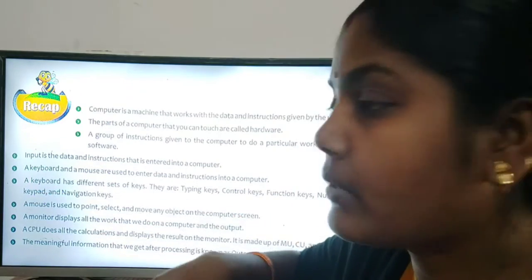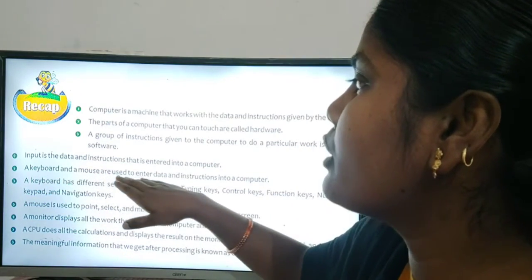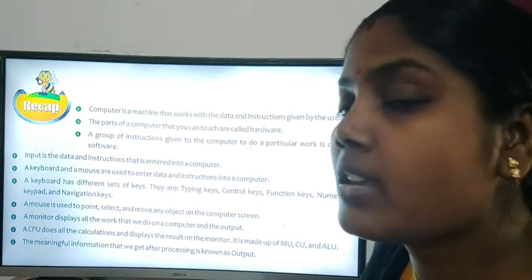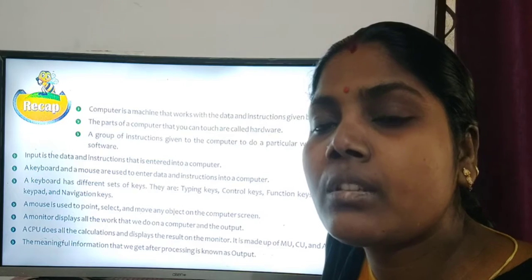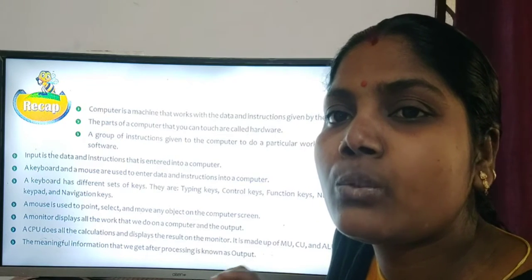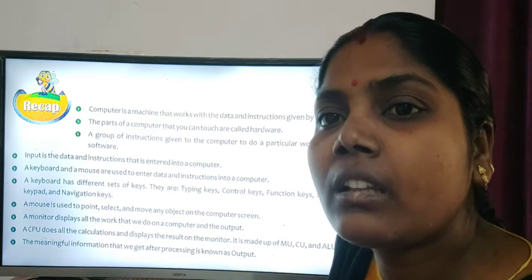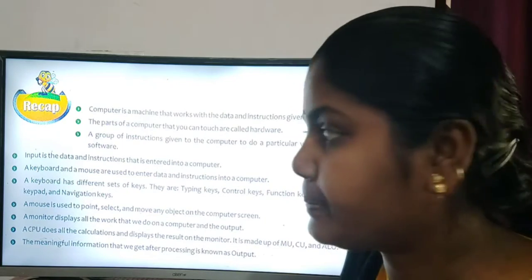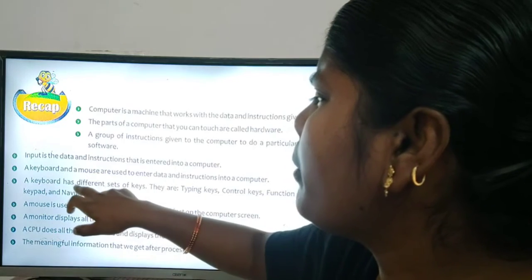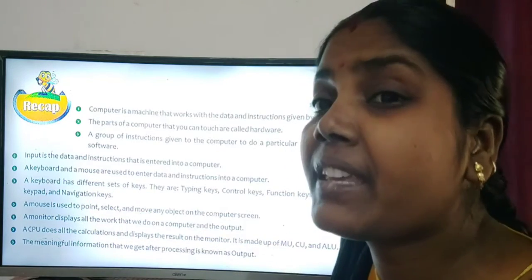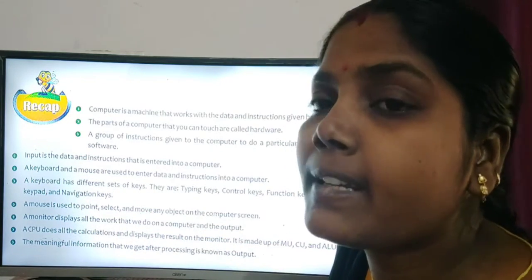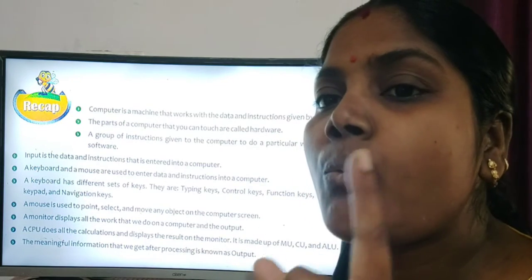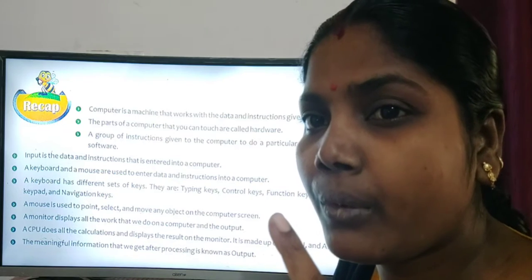Keyboard and mouse are used to enter data and instructions into a computer. These both devices we use to enter information and data to the computer. A keyboard has different sets of keys. In total, the keyboard has 104 keys.